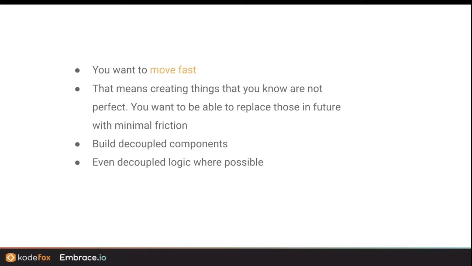It's a high-paced game we're playing, and so that means creating things that are not perfect, right? You should be creating things where you're like, this is iteration 1, this is MVP, this is a feature that we're going to put out there to test it, and that you're going to iterate on that, and that is not the final thing. So knowing, like, building in a way that you're going to be like, okay, cool, I'm going to rip that out later, or I'm going to iterate on that and change that, allows you to kind of move forward with minimal friction.